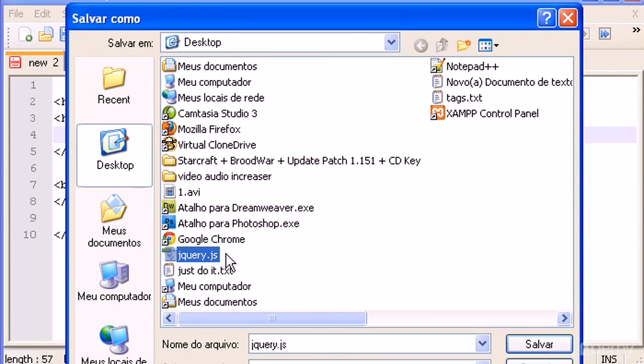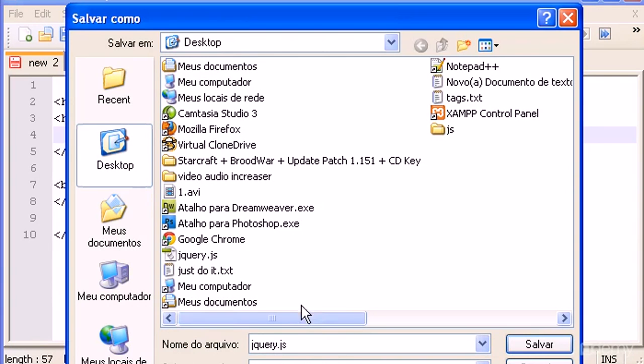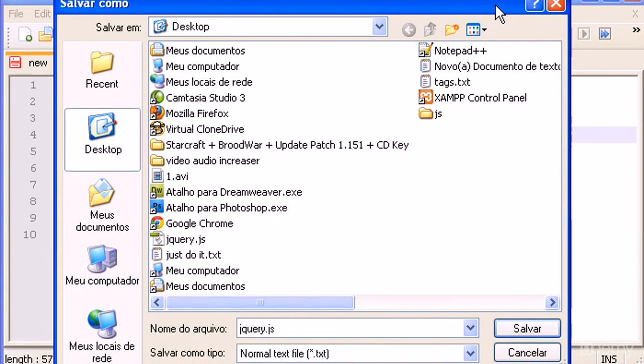Normally we can create a new directory called JS, and this is where we're going to put all our JavaScript files. As you know, JavaScript files are .js files, and in those files you can store your JavaScript functions,